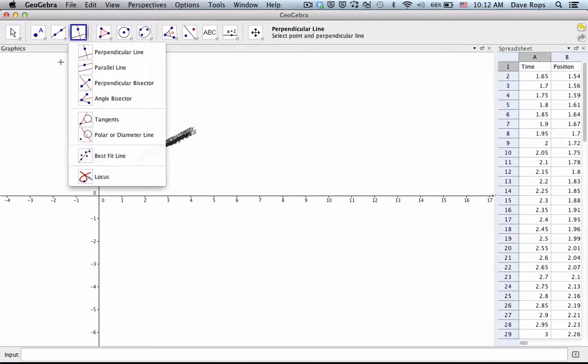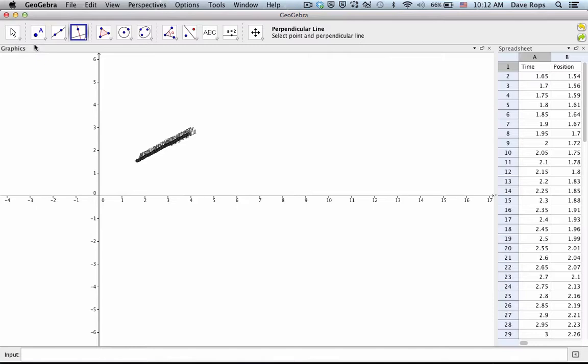Sorry, Mr. Rubbs. Do we need to put the line that we got in first? Oh, is that what it says to do? Yeah. So number 4 on the steps is put the line that we found into GeoGebra, and then we're gonna. What Mr. Rubbs is doing now is getting GeoGebra to make another line of best fit. All right. So